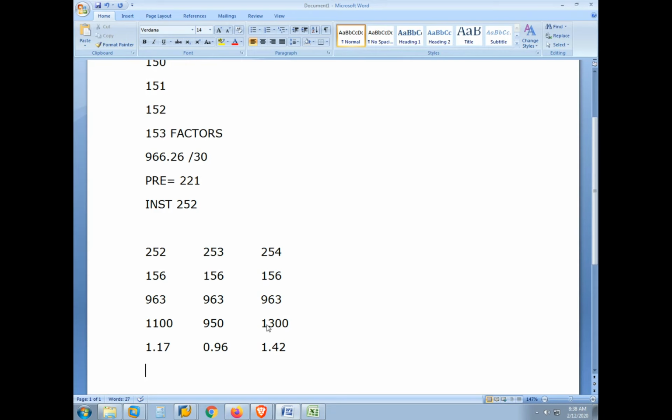Then, when the distribution companies are sending the data to the generating company, it will take the actual value of the synthetic profile and multiply all those values with the multiplication factor. That means for this particular installation, that is 252, the original synthetic profile values are available in 156. Multiply each of the values with 1.17, then you get the broken down consumption data